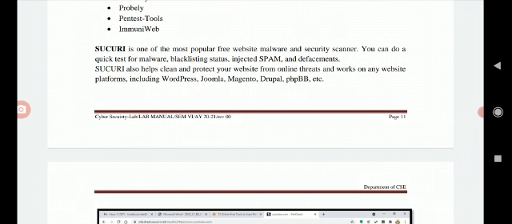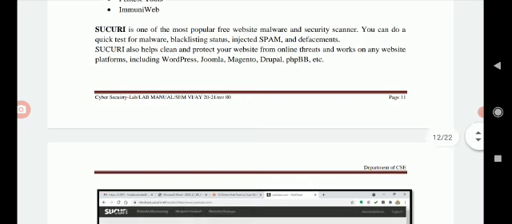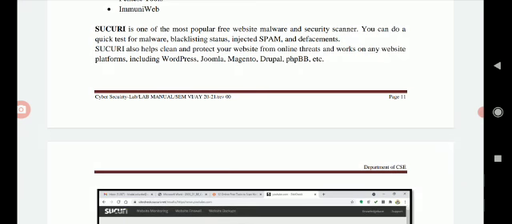With the help of that, we can easily find out whether the given website has viruses, injected spam, or is blacklisted or not. Sucuri also helps to clean and protect your website from online threats and works on any website platform including WordPress, Joomla, Magento, Drupal, PHP, etc.